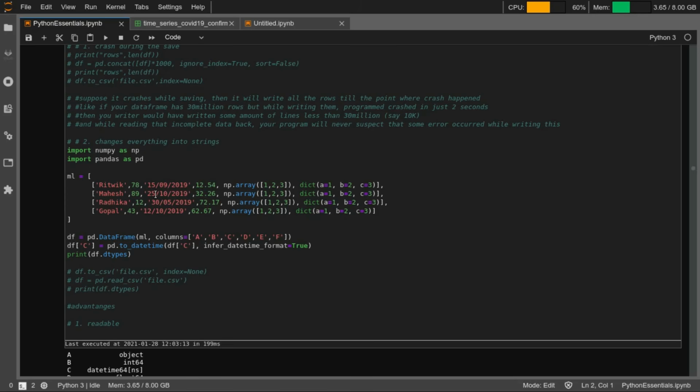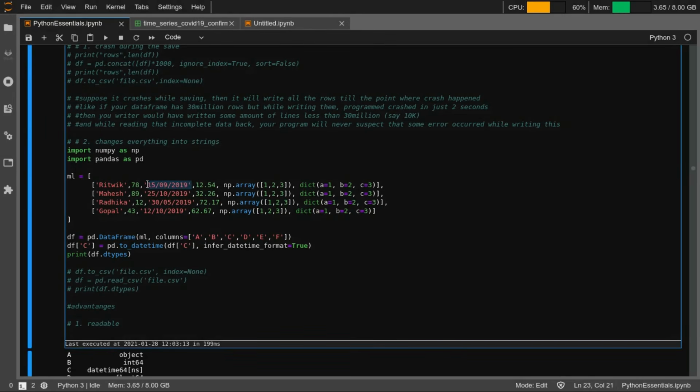Now for now this date is essentially a string, because it is within quotes. If you are just reading this as a string, you cannot do any datetime operation over this. If you want to subtract a date from another date, this is not possible as long as they are read as strings, right?